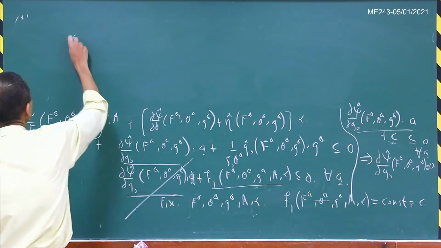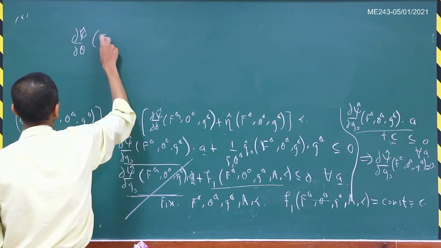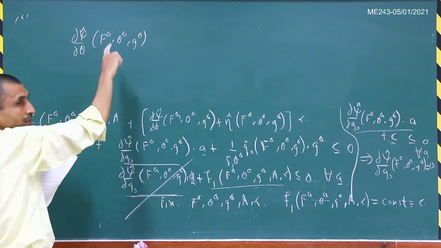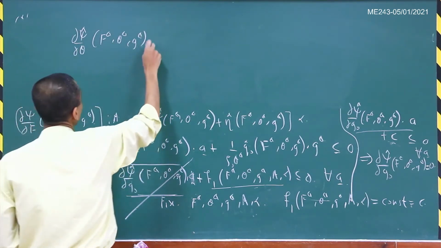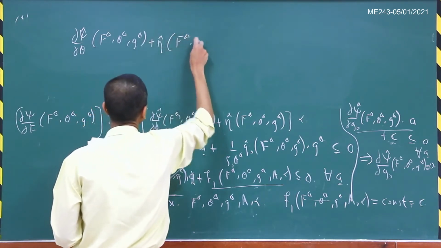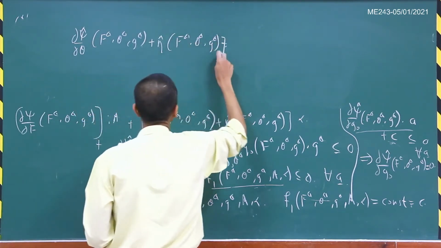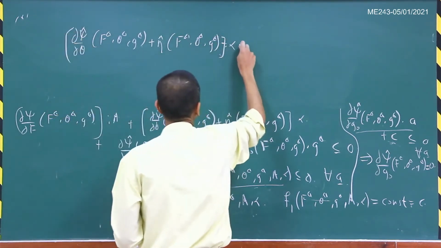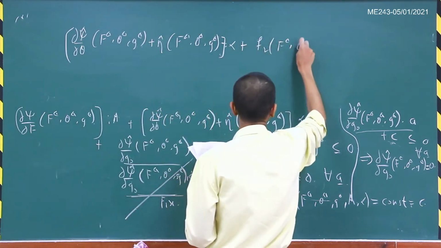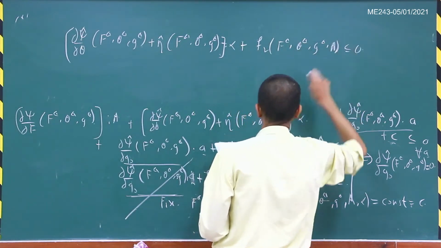del psi hat by del theta. Then this is again evaluated at f theta G diamond. Actually now we don't need to put the G diamond because we have already shown that it is independent of G diamond, but let us just keep it there. Then this is f theta G diamond times alpha plus f2 now of f diamond theta diamond G diamond and A